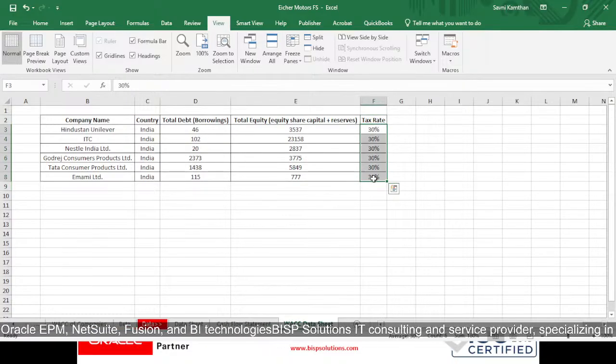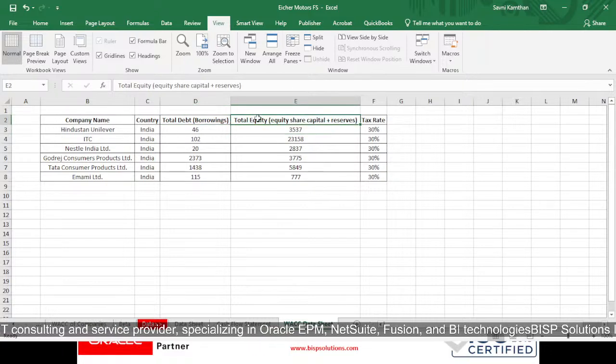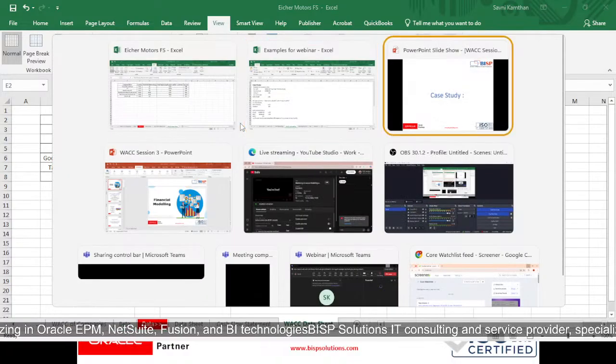I have already mentioned in my previous sessions, and today also, that if we are running our business in the long run, then we will take our tax rate as 25% to 30%, right? So now coming to our total debt and total equity, you all must be confused about how I have taken this total debt and total equity. So what I have done,